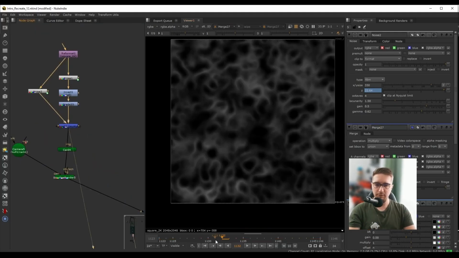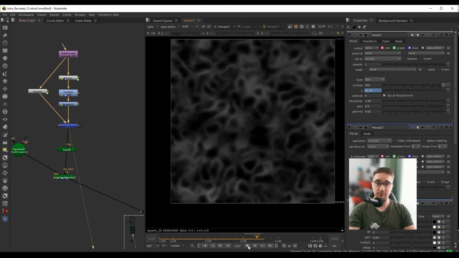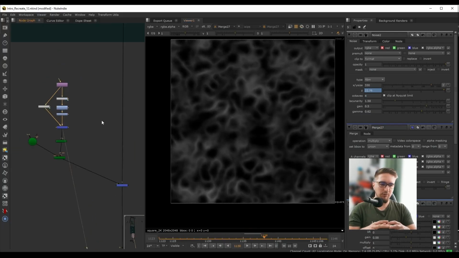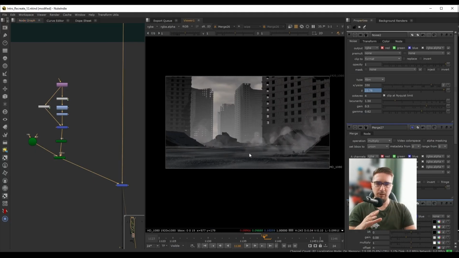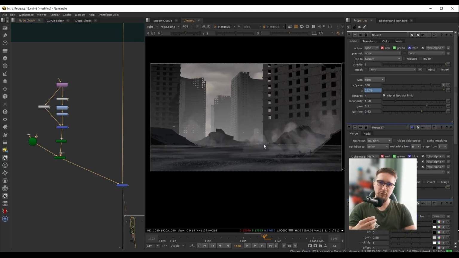So obviously something like this would look a lot better if it was simulated in Houdini, but depending on how much emphasis a certain element has, you might not need all of that detail and realism. We can see that when we combine this with our other elements, this works just fine, at least as far as I can tell. Now, to make this even more believable, we will have to integrate it with our actual environment render. And in a similar way to how we merged our smoke footage by using the depth as a mask, we can use the world